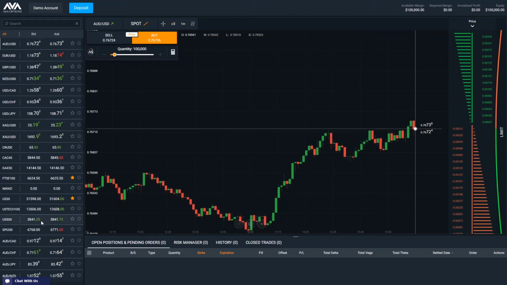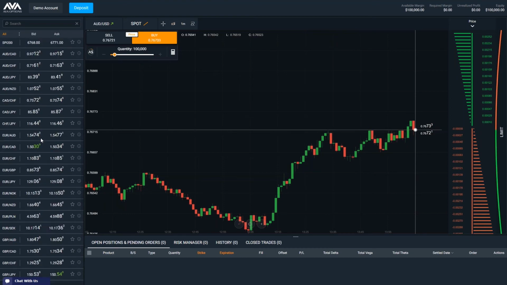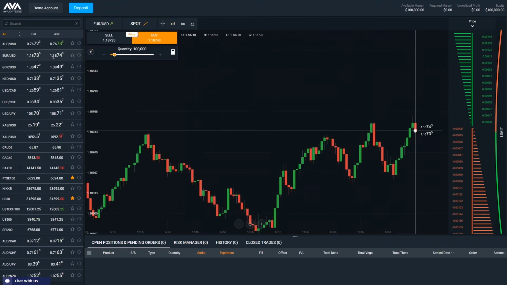So we've got bid and ask for the different assets that we trade. You can scroll down, there are about 45 different assets. And in the center of the screen, we have a chart. This is a chart for Aussie dollar. Let's pick the most common asset people trade, which is euro dollar. This is showing us a